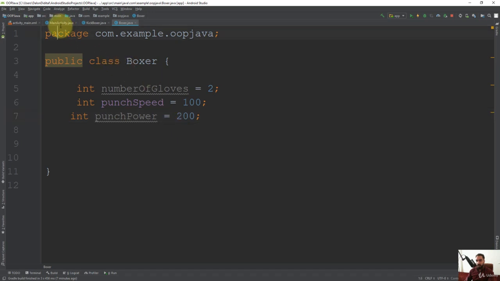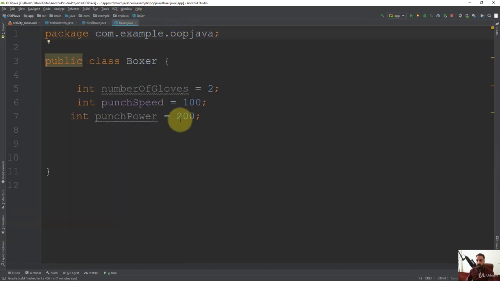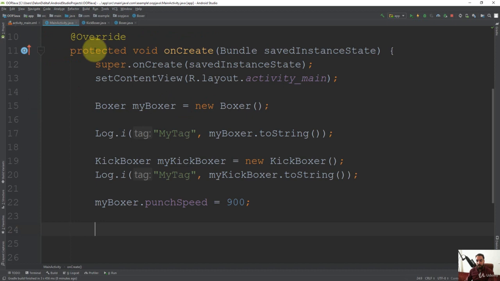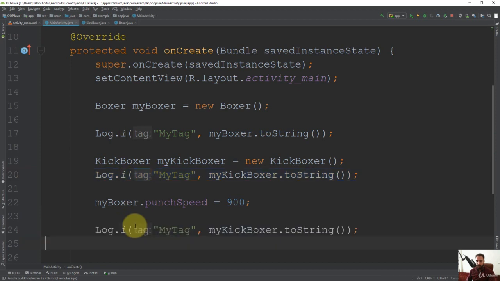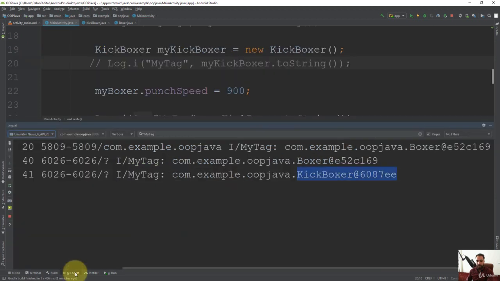So here you can see that the values that we assigned to these variables are the default values. So for example, if I go to the main activity class and try to output the value of the punch power of this myBoxer object, then you are going to just get the value, for example, 200. But here I assign the value 900 as the value of the punch speed of this myBoxer. So let's go ahead and output these values. Let's copy this log statement and paste it here. So for now, let's just comment out the previous log statements, and let's also click on this logcat